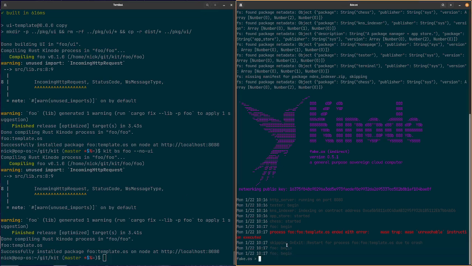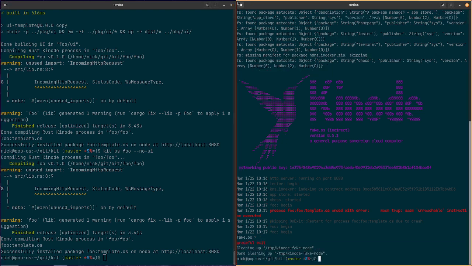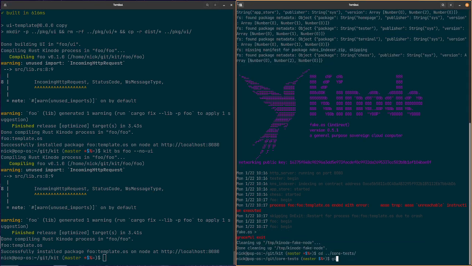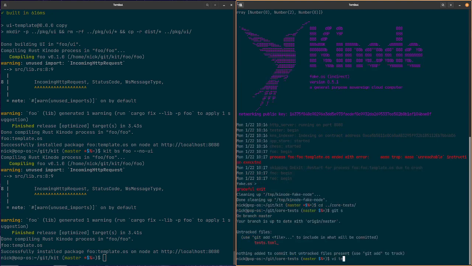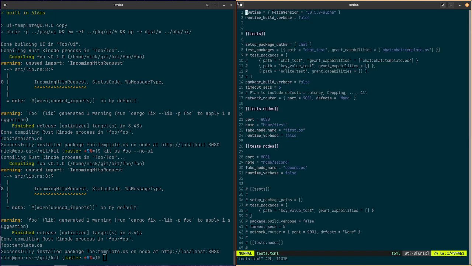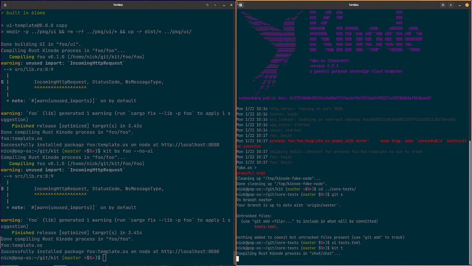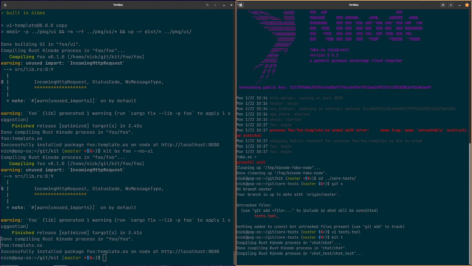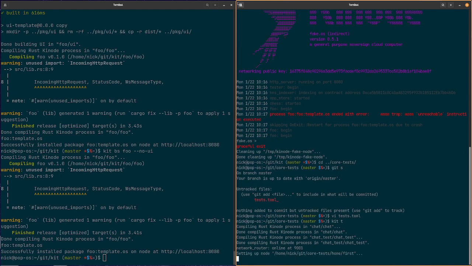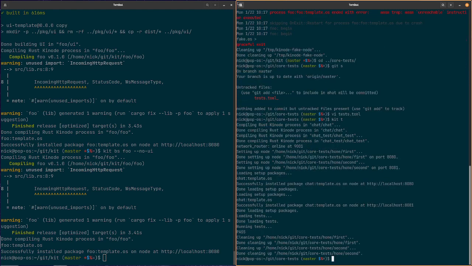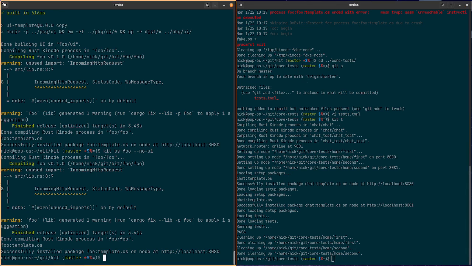Nice. And then run tests, we can always test as well, just to make extra sure. Let's look at our tests. Okay, that looks right. I think we should update. It's not going to test the flag itself, but it will just test that we didn't break anything, I guess. Okay, nice. Looks good. Looks like they passed. Excellent. Nice. Okay, cool. So there you have it, the Kit repo.